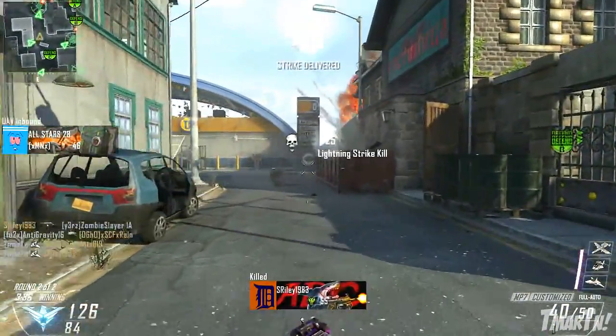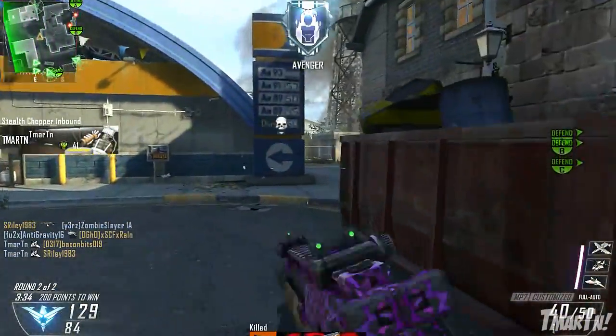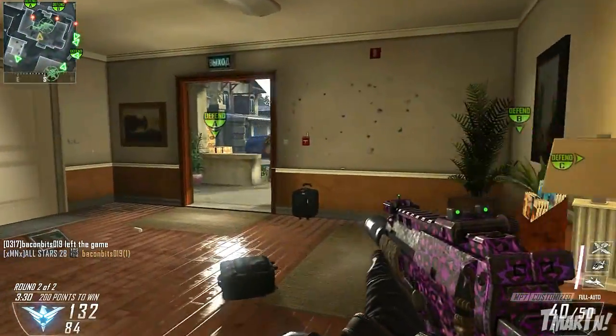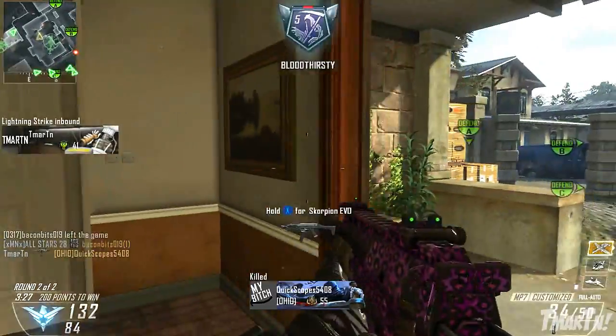So, anyway, there you guys have it. Those are the 10 weapons that we know about so far that are going to be in the Call of Duty Ghosts game. As we find out more weapons, I will make more of these videos to update you guys,